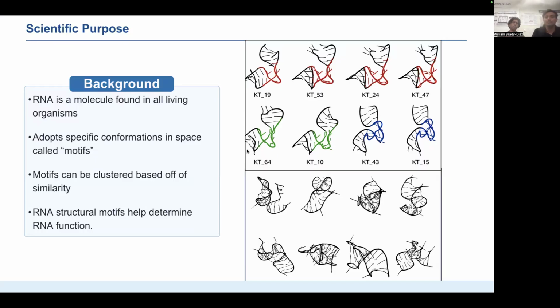All right. So some context to know what we've been working with is our project has to do with the study of RNA molecules. An RNA molecule is found essentially in all living organisms on Earth. And what's special about them is that they can fold in space or twist in space into certain conformations called motifs. So a motif, if we imagine an RNA by analogy as like a string or a thread, if you twist a string into a knot, you tie it up into a knot, that knot is the